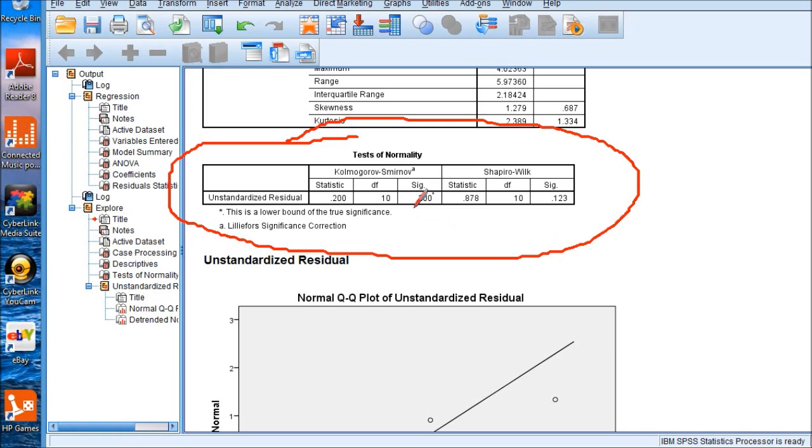In this table of tests of normality, you're going to use the p-value for the Kolmogorov-Smirnov KS test, and this p-value for the Shapiro-Wilk SW test. Okay.